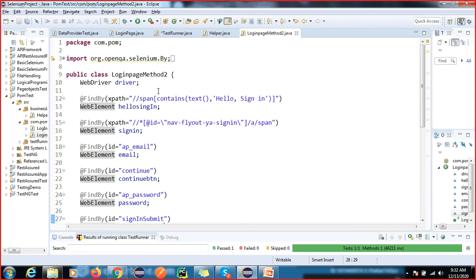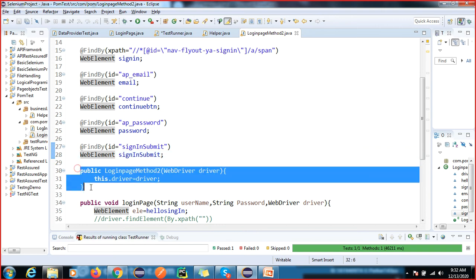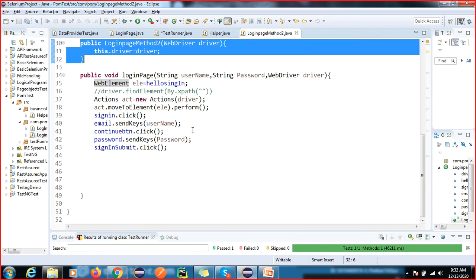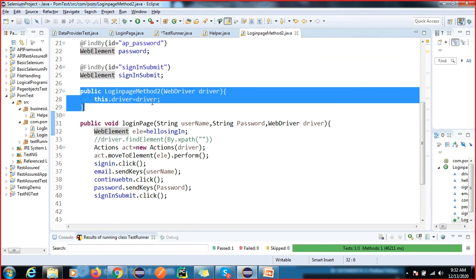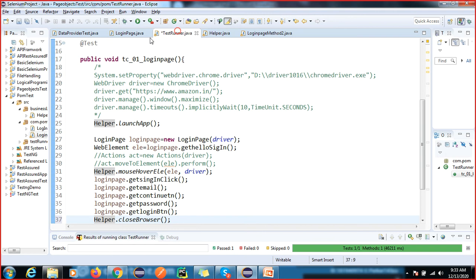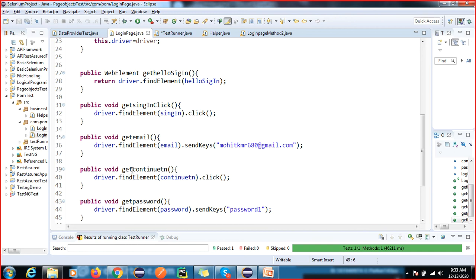If you are creating any user defined class, you have to create a constructor for initializing this class, right? So the constructor is also the same steps. You can see here what I have done. I have done one more thing. I have created multiple methods here. You can use any page object model, but our agenda is to make our framework more reusable and readable, right?